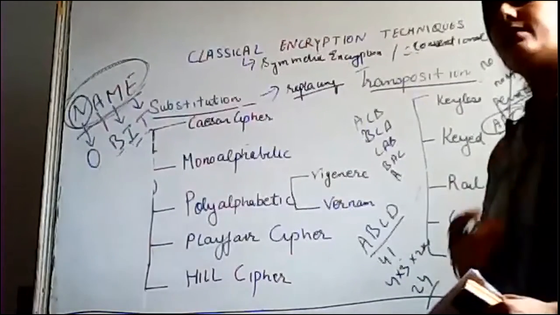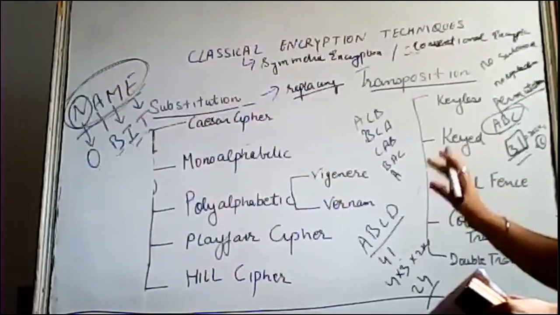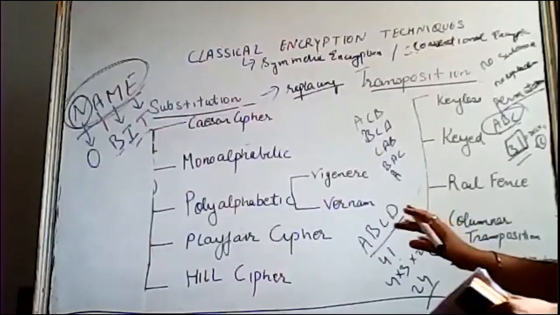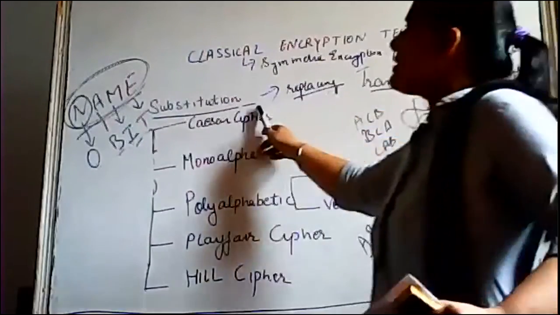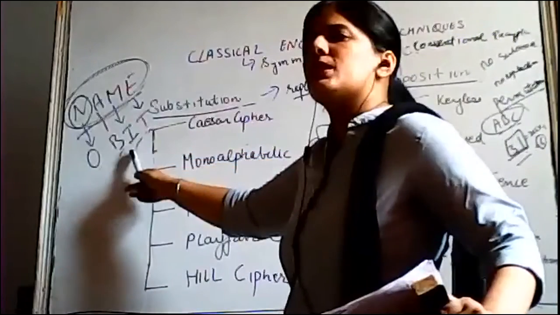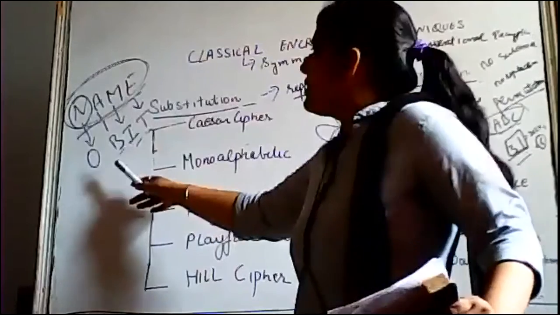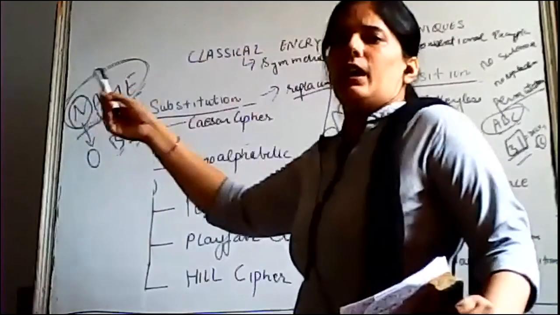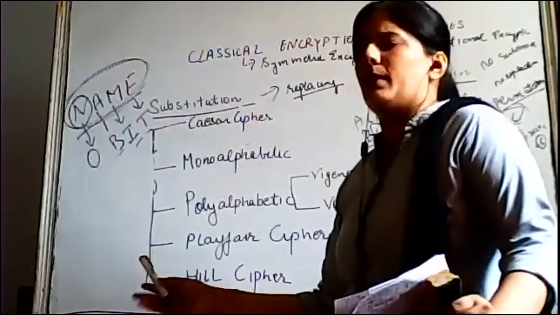So kindly raise your hand. I can see this on my screen. If you are comfortable with this particular definition of substitution and transposition, or I will repeat it once more. By substitution we mean we are substituting something, and there is no condition for that. We can give any name, any number for a particular alphabet in the text. That is on the substitution level.